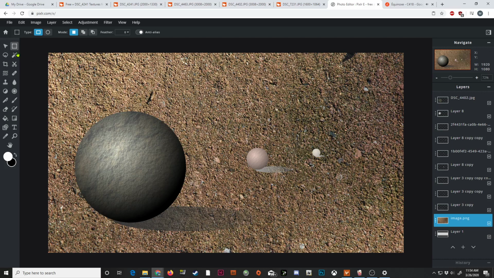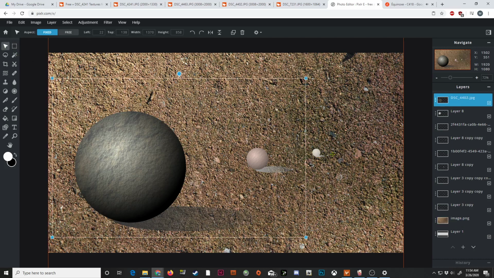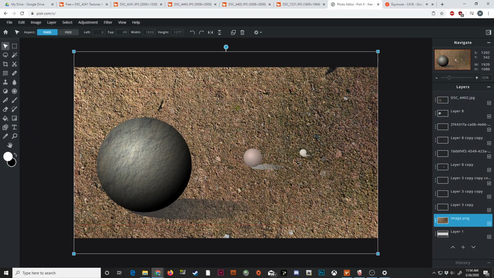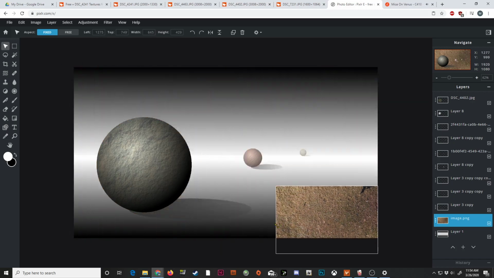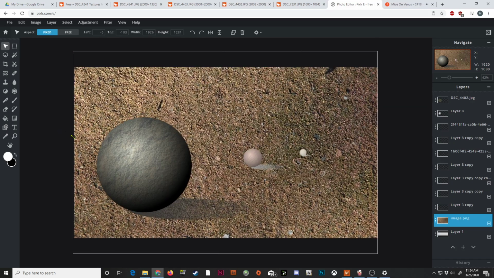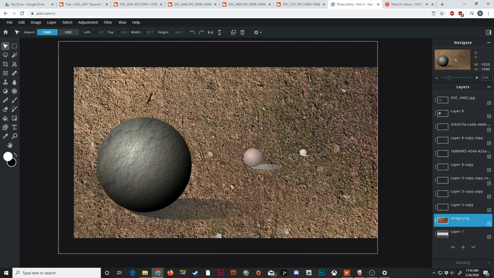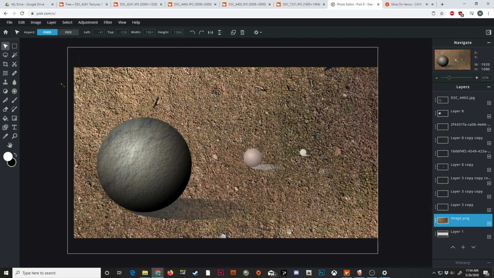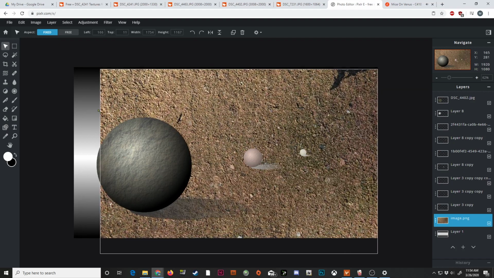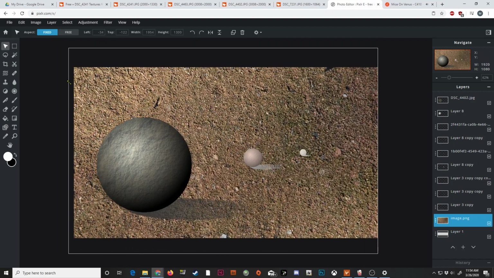In this case, I'm going to resize it a bit. This one's a little bit easier. All I need to do is grab the top of it up here and shrink it down. Now you'll notice when I try to shrink this down, it doesn't want to let me shrink it straight down. It wants to keep the size the same, so it's squishing it down in the corner. If I hold the Shift key,